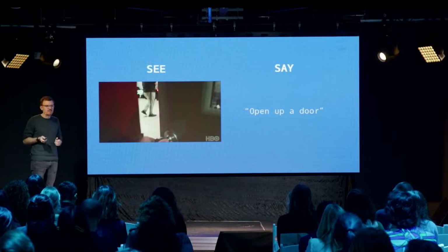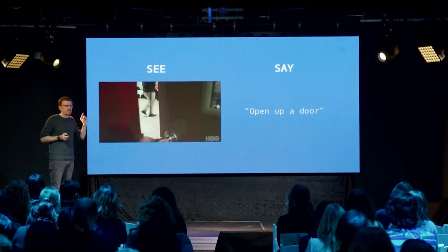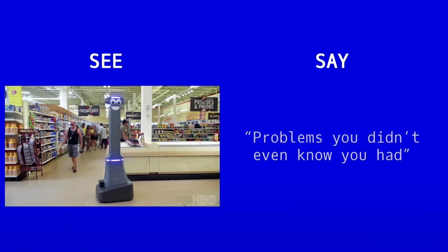But every once in a while, he will do this advanced CSAY where the thing you're seeing is not immediately connected to the thing he's saying. You'll see this really goofy invention, and he'll say, problems you didn't even know you had. Like, what's going on? Oh, okay, he's making a statement on this being a really goofy, dumb invention that doesn't even solve a problem. And this is so engaging because you are forced to think and make the connection between the two, and it can be a really powerful way with video. And if you capture that B-roll, like I mentioned in the beginning, this is a great way to use CSAY.